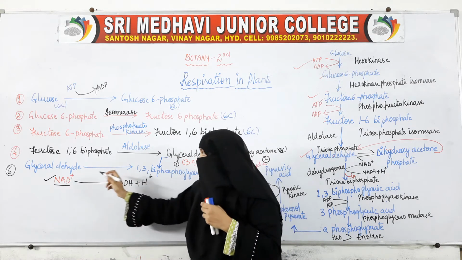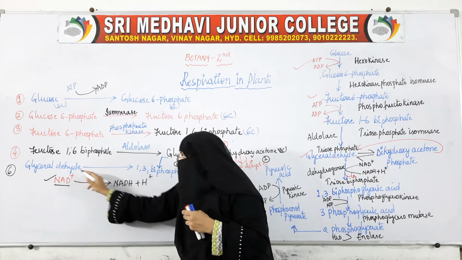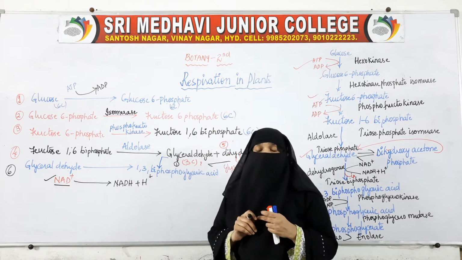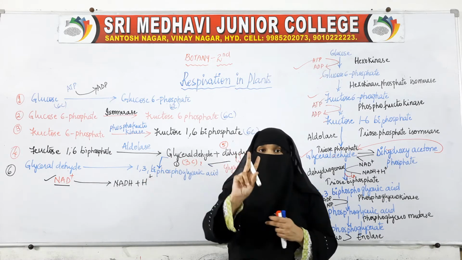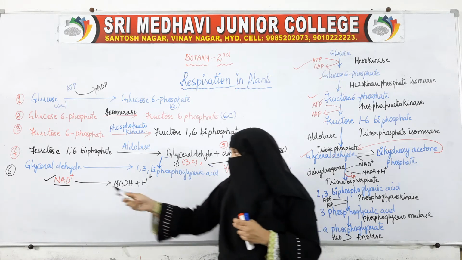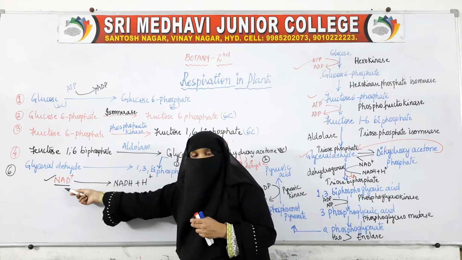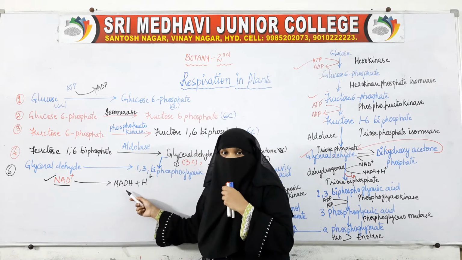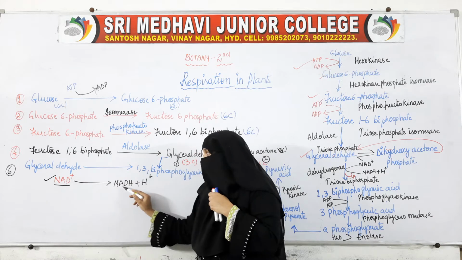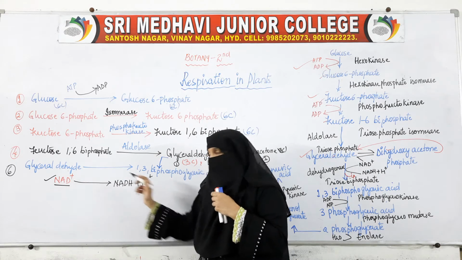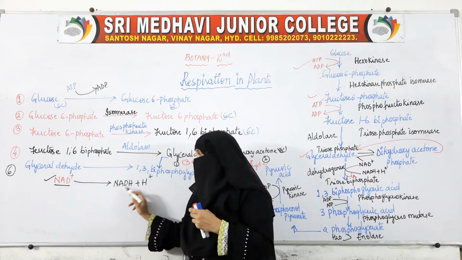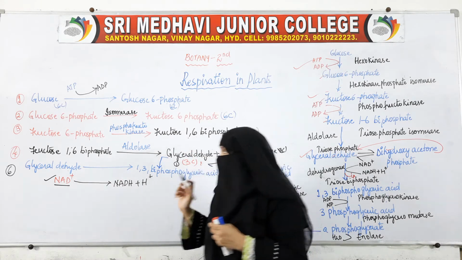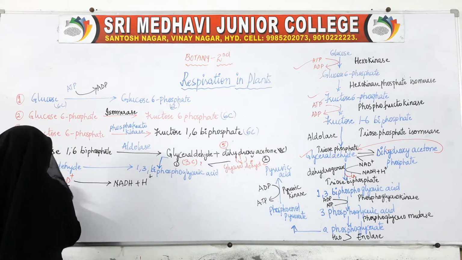Another thing which happened here is this aldehyde has changed into biphosphoglyceric acid. During this reaction, two things are taking place. The first thing is that the oxidizing agent is being reduced. NAD plus is changing into NADH plus H plus. This is already present in the cell. So, this substance is changing into this substance. This is the first change which is happening.